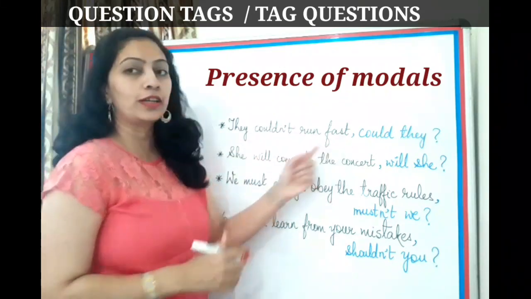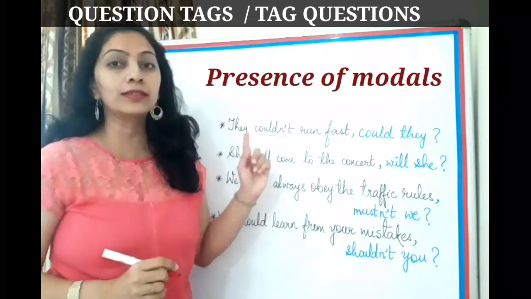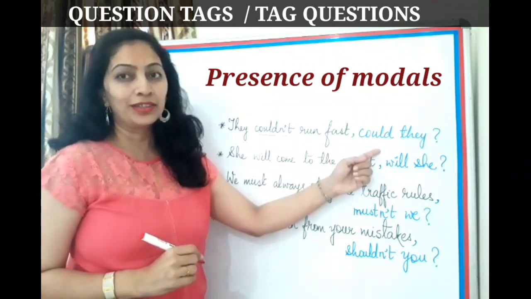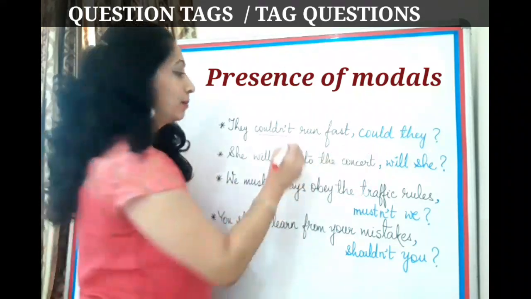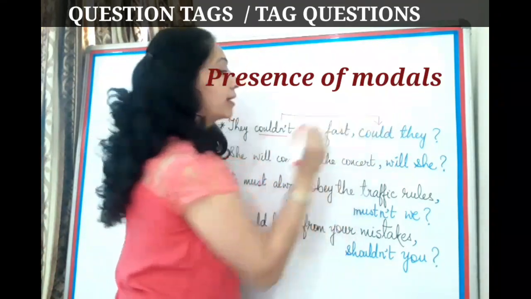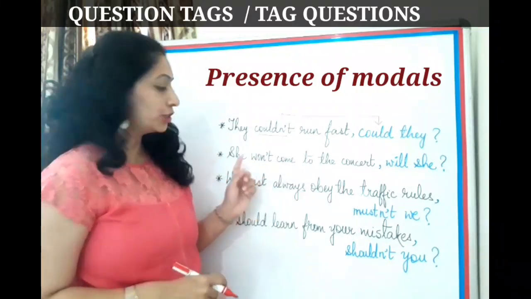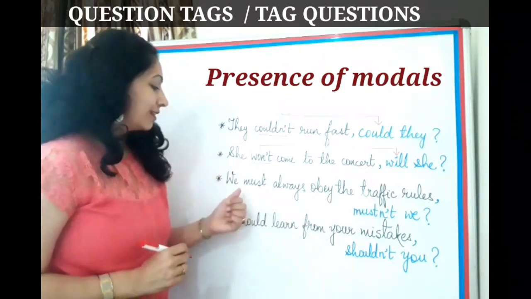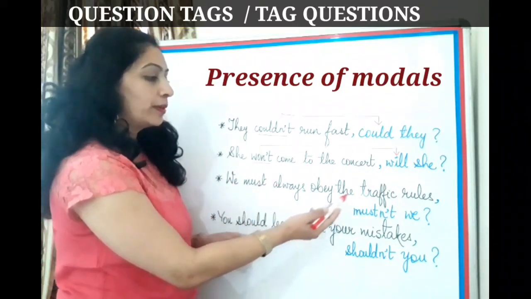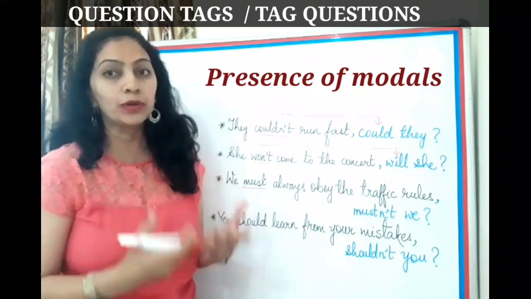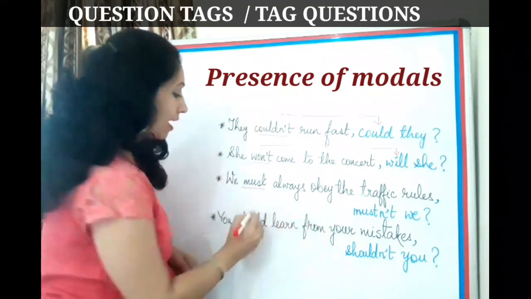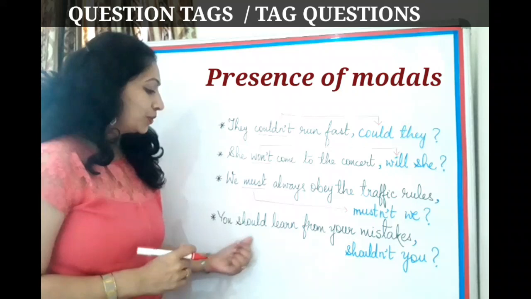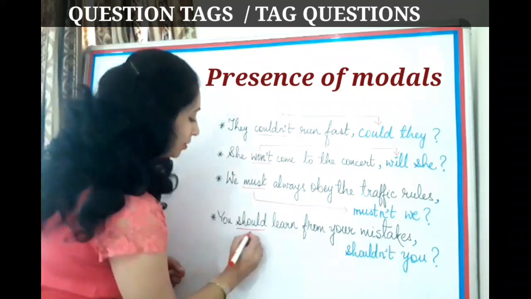They couldn't run fast. Now couldn't is a modal which is in the negative form. So I'm just going to use the same modal here and change it into a positive form. So couldn't will become could. Look at the next one. She won't come to the concert. Won't becomes will. The third one. We must always obey the traffic rules. Now must is positive, so I have to change it into negative and make the question tag like mustn't. Next, you should learn from your mistakes. So should will become